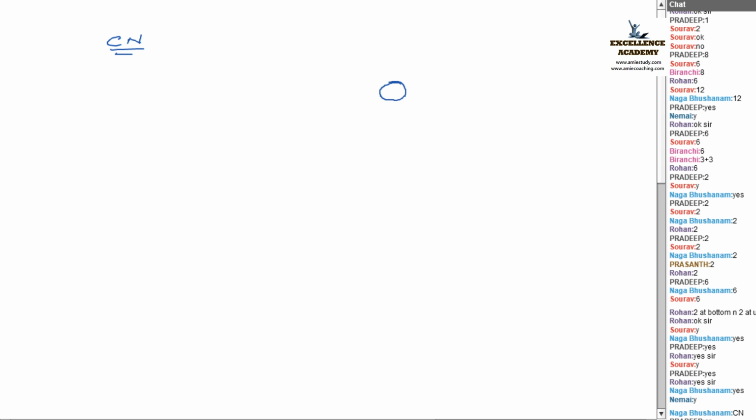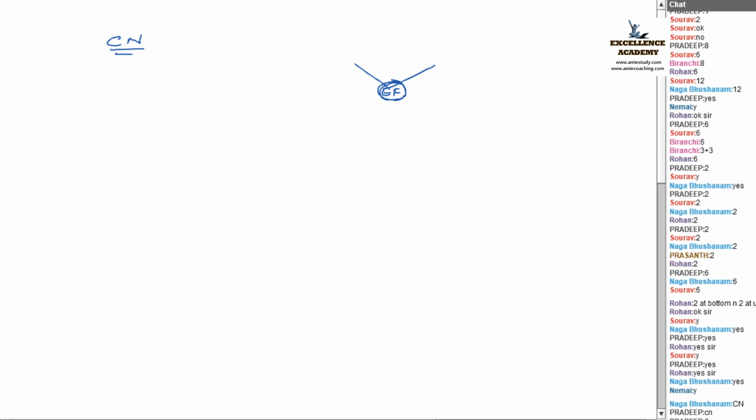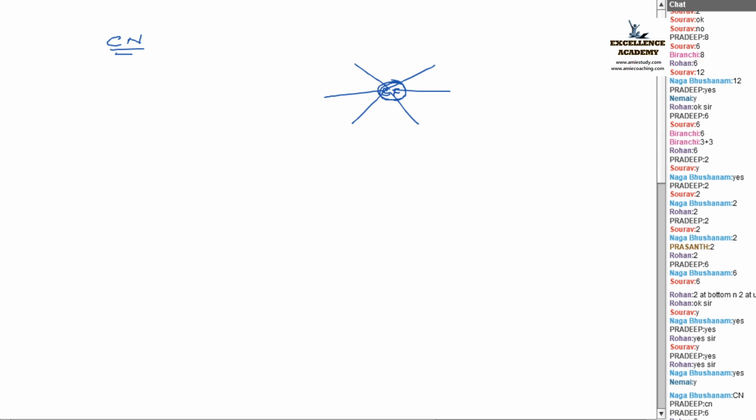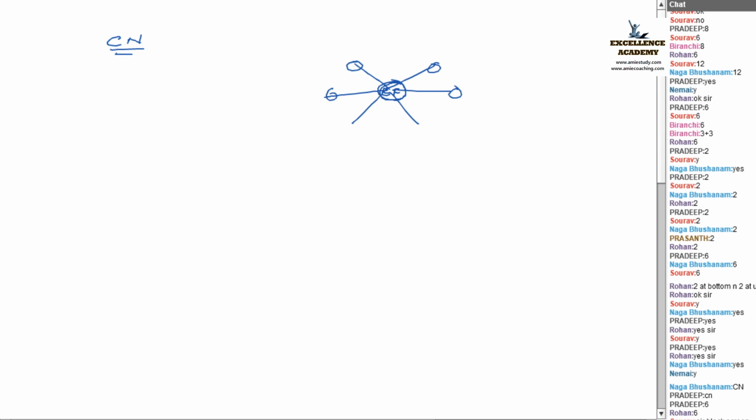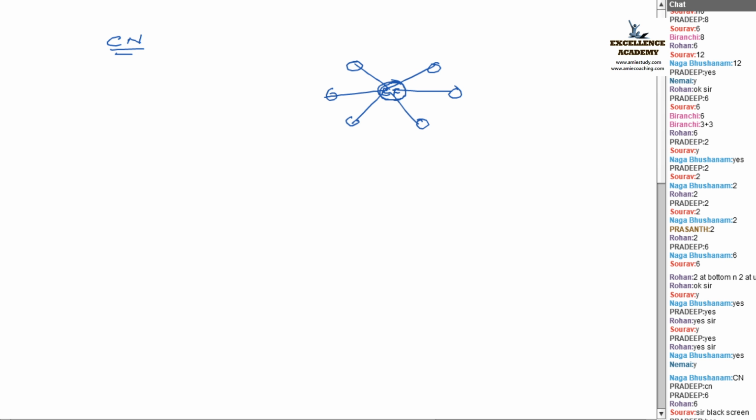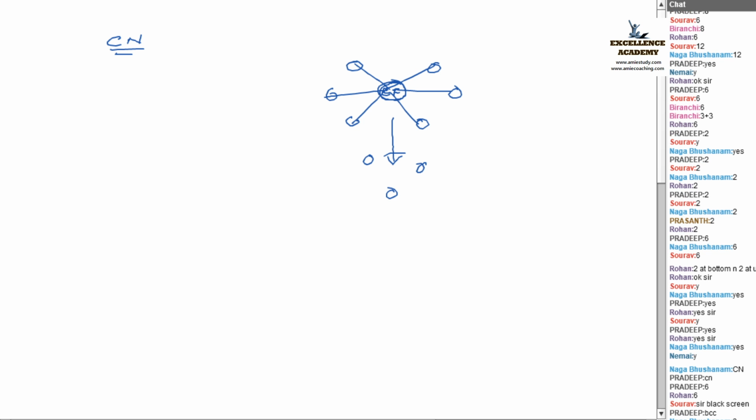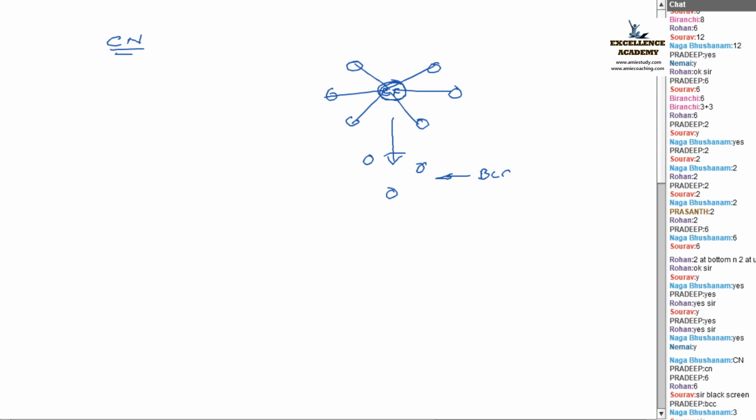We have to take the end face atom. End face atom is taken. How many atoms are near to this one? Yes, we know that. On the same plane, 6 corner atoms are there, isn't it? Yes, the 6 corner atoms are nearby. Okay. And next is what? How many body-centered atoms are there? 3 body-centered atoms are there, isn't it?